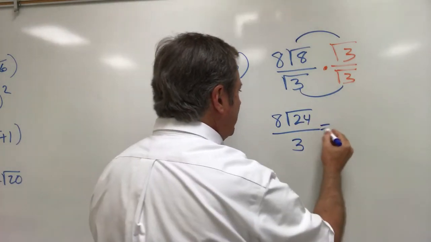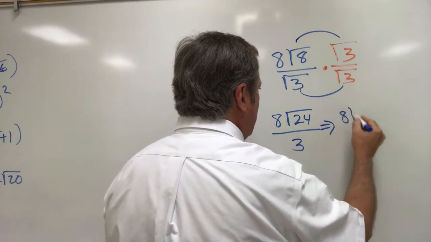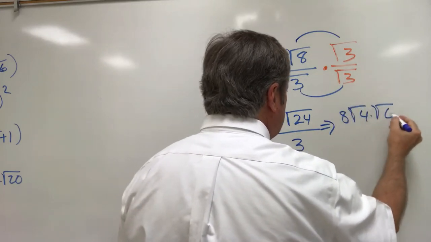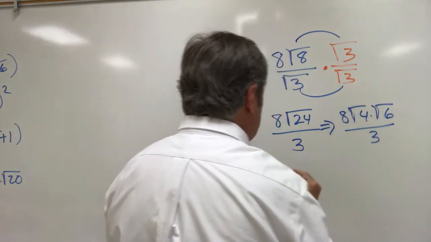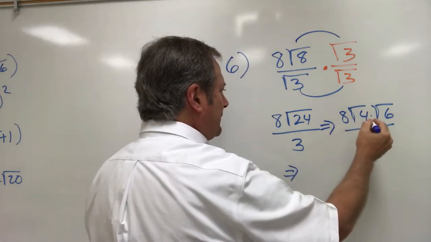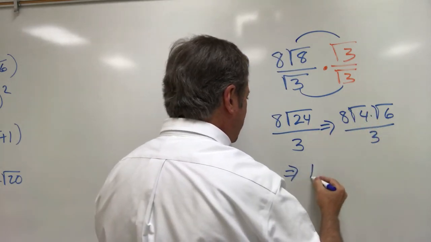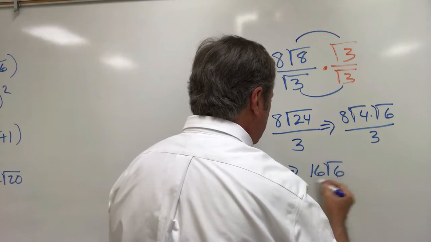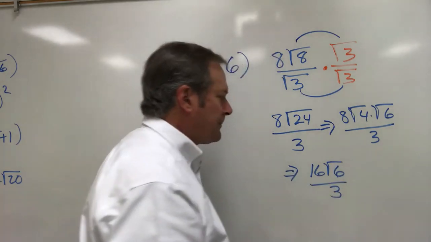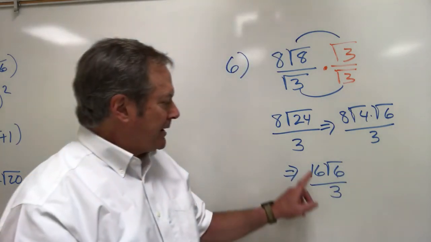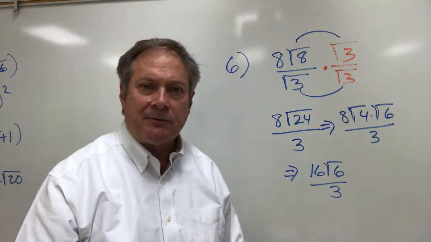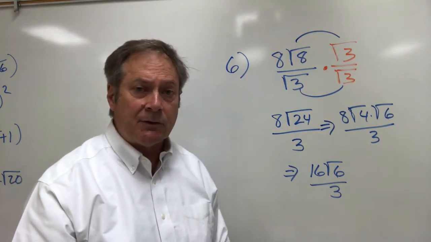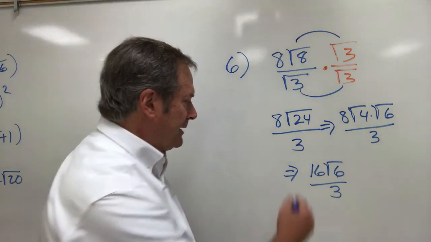Now let's deal with that 24. 24 is 4 times 6. And let's see here. So the square root of 4 is 2. 2 times 8 is 16. Square roots of 6 over 3. Now at this point, if 16 did divide evenly by 3, we would, but it doesn't, so we leave it alone, and that would be